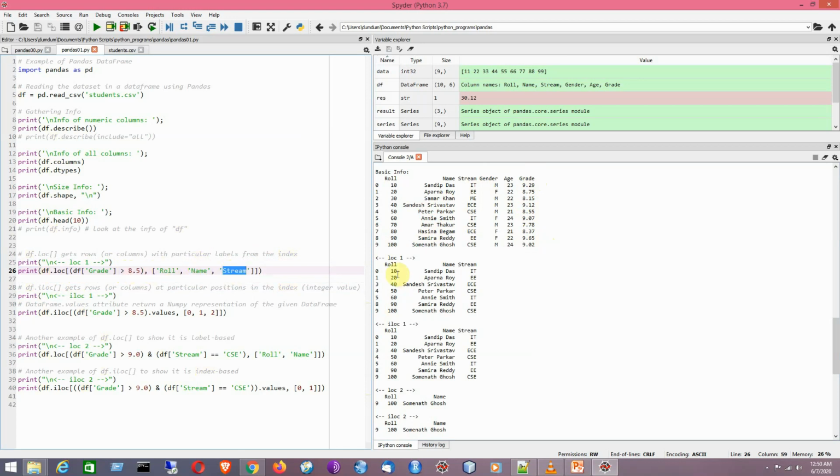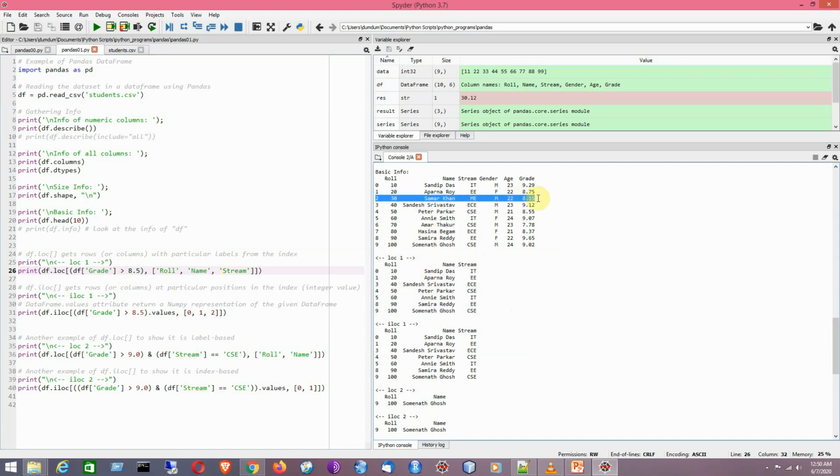That is shown here. Have a look at it. It is not showing all of the records. Actually it is showing 7 records. The rest of the records are not satisfying this condition, grade value greater than 8.5, so those records will not be selected.